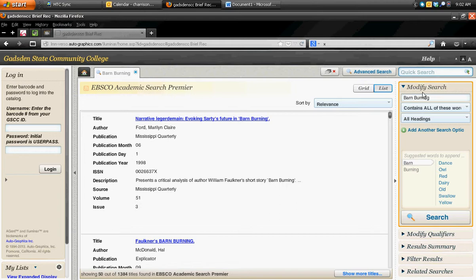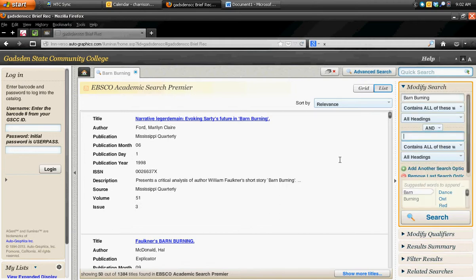If I search for barn burning, I'm going to get everything that's said about barn burning. Now, if I want to add another search term, I can obviously limit my source. Now, this may be something that you have to come back and do later, because you have to do a little research to understand what terms you might want to use to limit your research. So, for example, I'm just going to give you a quick hint. Barn burning and Old Testament. Faulkner loved his Bible.